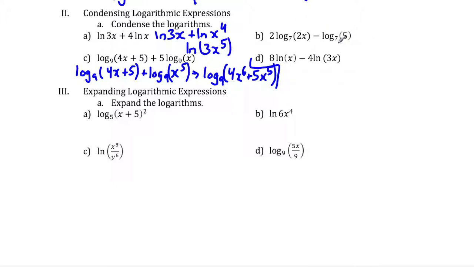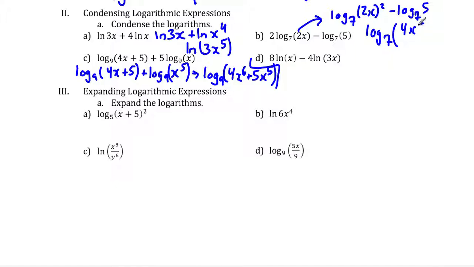Now, when I'm subtracting, that's going to give me the quotient property. So again, I'm condensing, so I need to do the power property first. So this is actually going to be log base 7 of 2x squared minus log base 7 of 5. This 2x squared is actually 4x squared because this 2 distributes in. And so I'm left with log base 7 of